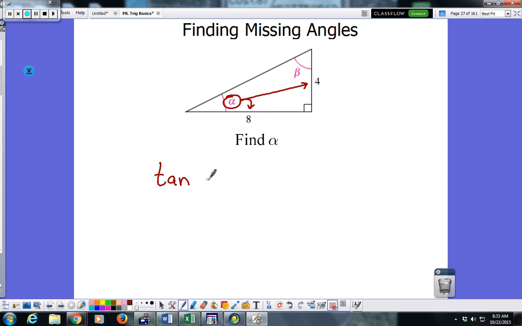The tangent of your angle, we're not given an angle now. You're looking for an angle, so the angle is your unknown. So the tangent of my angle is equal to, help me finish this, Daniel, opposite over adjacent, which would be,